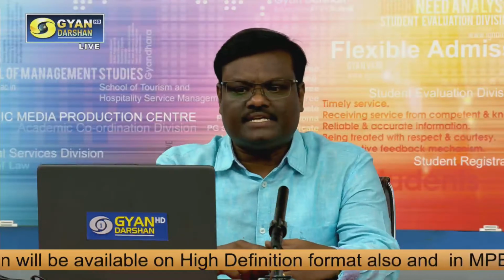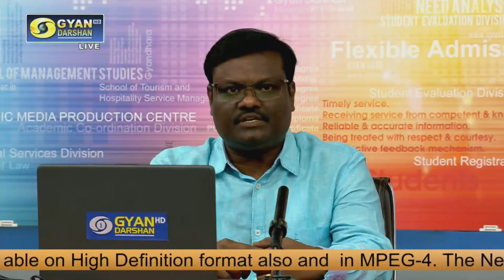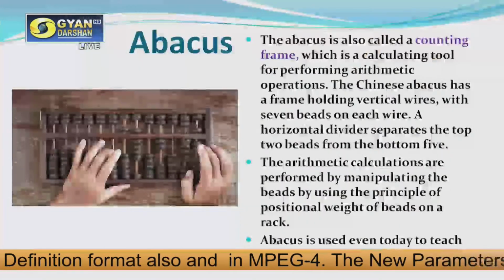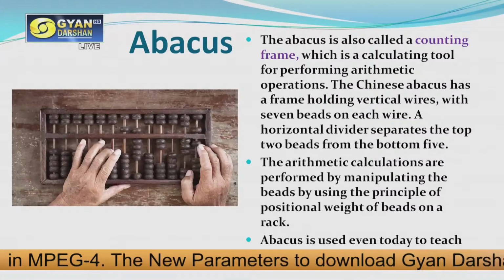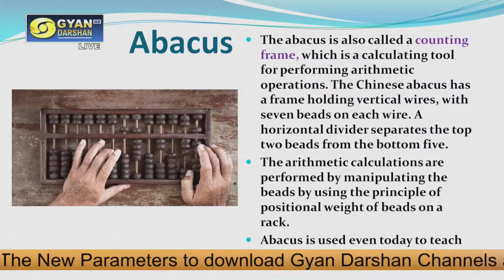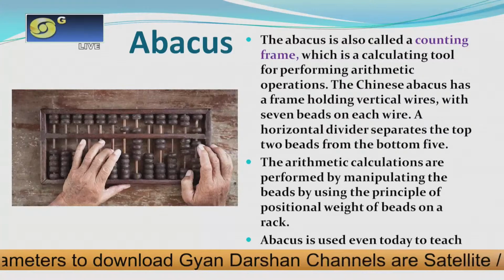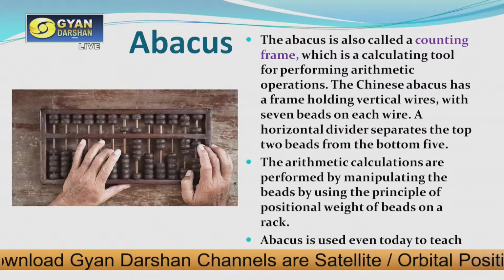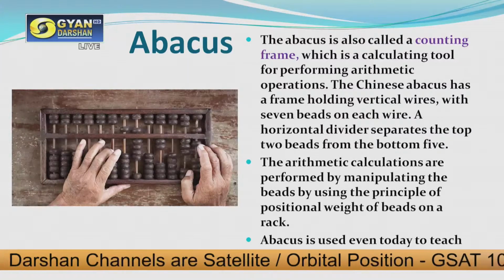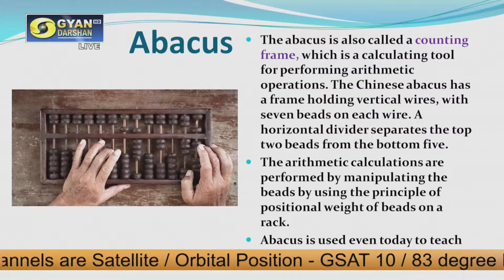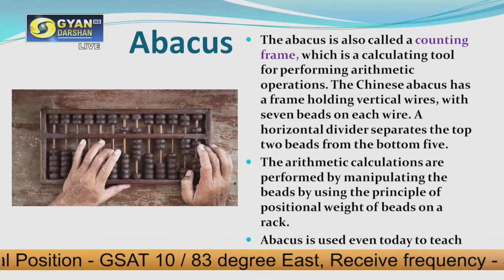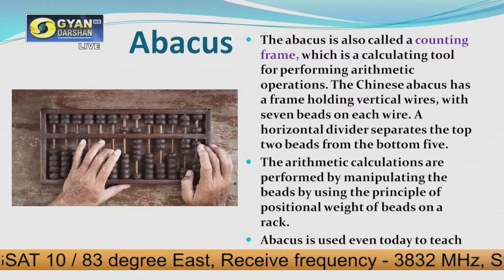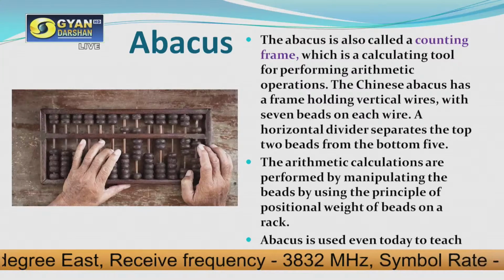So you can see here, I had given one illustration of the abacus, and this abacus is called a counting machine, or a calculating tool for performing arithmetic operations. It was invented by the Chinese, and it is used even today to teach small children how to count. So this abacus, you can see there are several pipes attached